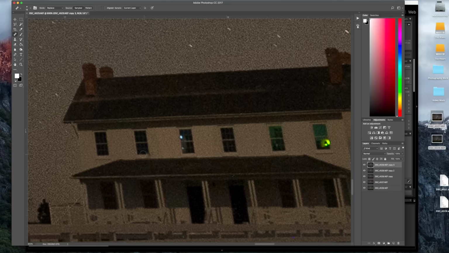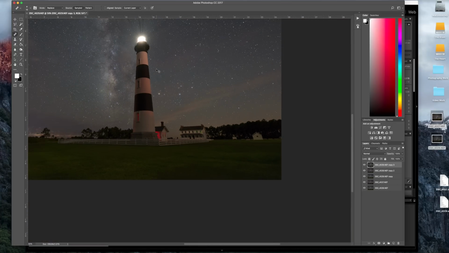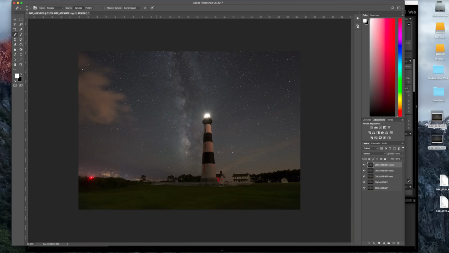Here, let's do one more window. So I'm taking this point right here as a reference, so I'm starting at this corner, and then I'm just working my way. And you know, you could obviously make it a lot better. I'm just doing this really quick. Alright, so that's how you would get rid of some stuff like that. You would just clone out this light right here, and then the next thing I might do with my Milky